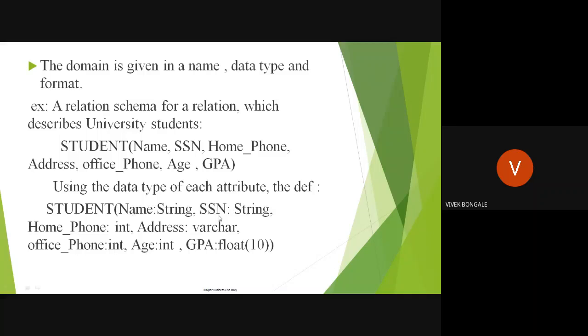For SSN we give a string, because an SSN or USN will contain characters as well as numbers, like 1VAIS001. That's why we give a string. Home phone is integer, address is character, office phone is integer, age is integer, and GPA is